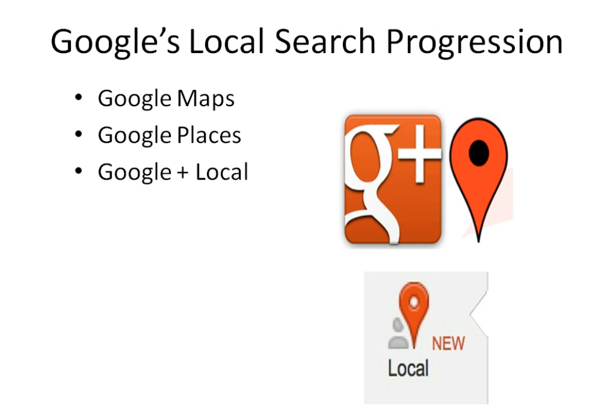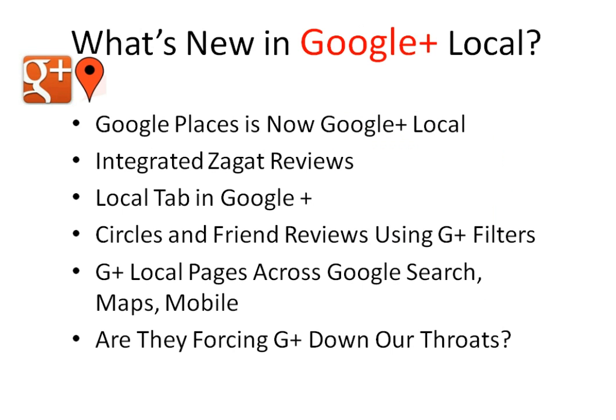Now let's move on here. We've got Google's local search progression we just talked about: Maps to Places to Local Plus. We've got integrated Zagat reviews. A couple months ago, Zagat did not matter to Google reviews. It was irrelevant. They might have looked at those reviews, but it didn't really show up. Now they actually matter for the rating that you get. It used to be a 1 to 5, now it's on a scale of 30.